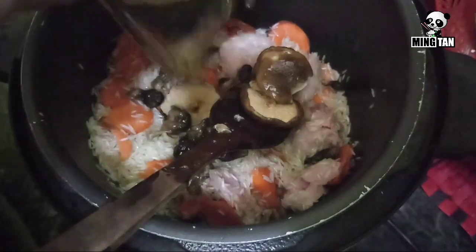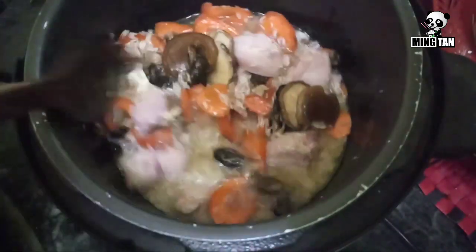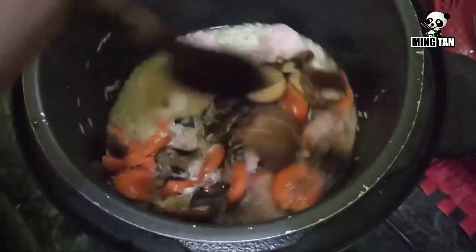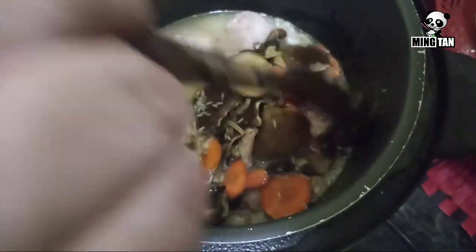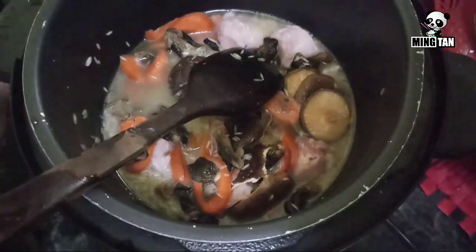I've used straw mushrooms, I've used shiitake mushrooms. So along with the juice and the mushrooms, I'm going to add them. Okay. Let's go ahead and season the rice